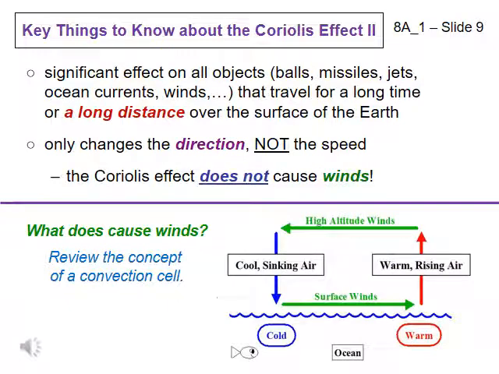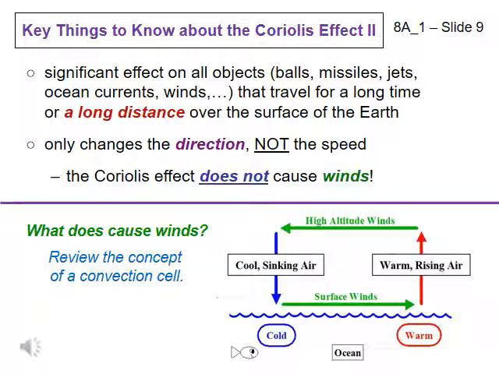Slide 9. The Coriolis effect is only significant for objects that travel a large distance, or a long time, over the surface of the Earth. Therefore the Coriolis effect is not an important factor in everyday situations. In other words, the Coriolis effect does not cause curveballs in baseball or the direction that water goes down your sink or toilet. To achieve pinpoint accuracy, our military needs to take the Coriolis effect into account when they fire shells or missiles more than a mile.